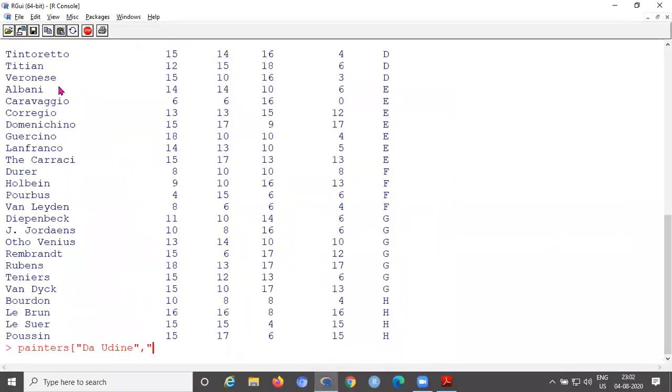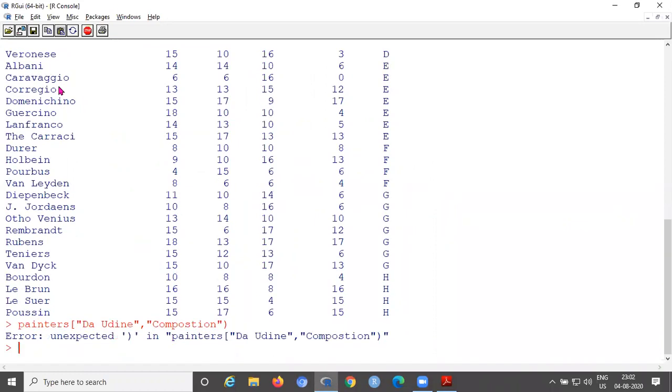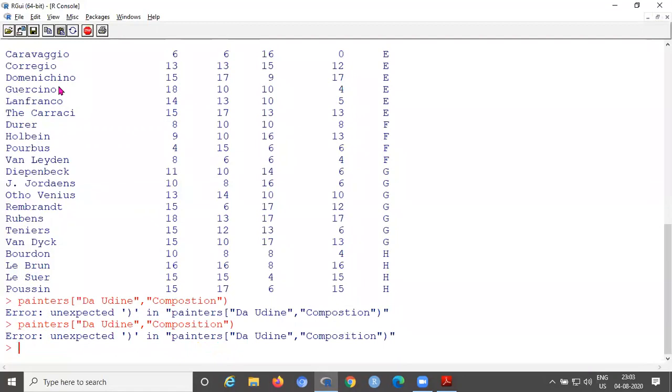Then from the variable composition, the composition value of Udine you want. Composition was wrongly spelled. Be careful when you give the variable.